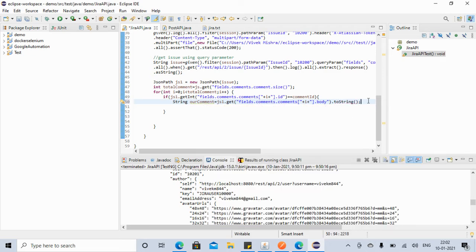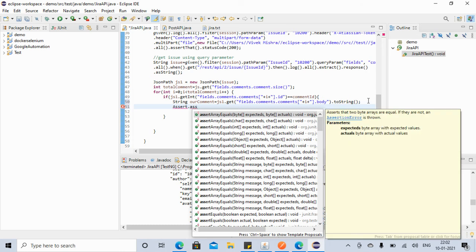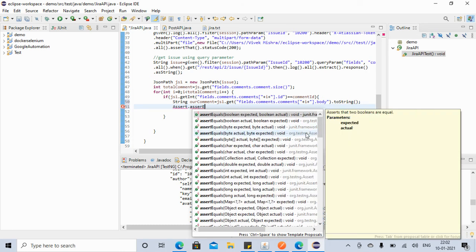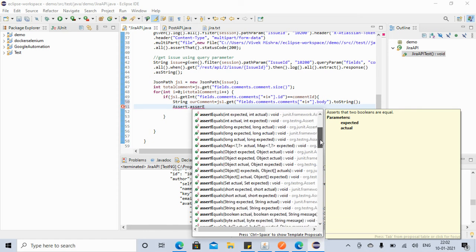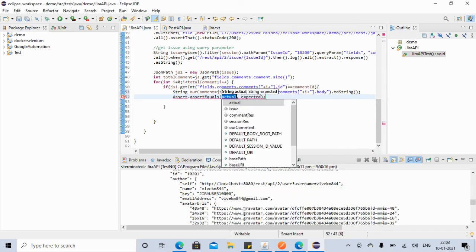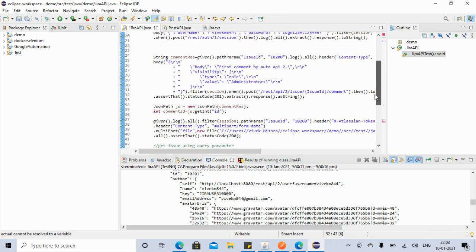Now we can compare with the comment that we have added. So we can say Assert.assertEquals, and we need a string. What is the actual comment?